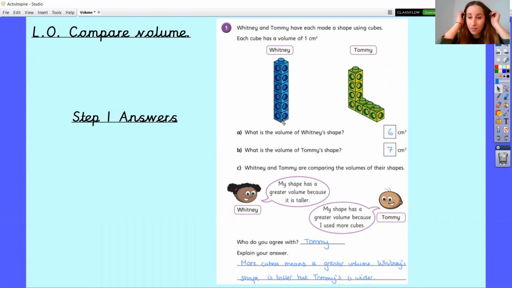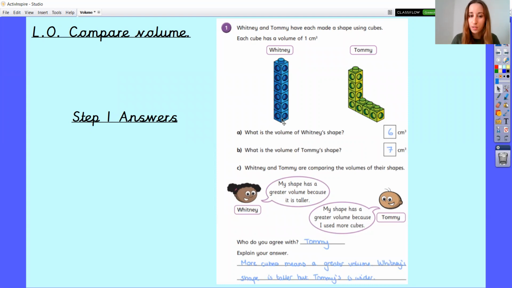So you may have used that definition in your explanation. More cubes means a greater volume. So Whitney's shape is taller, but Tommy's shape is wider. Okay, so you will have explained that in your own words, but as long as you said you agree with Tommy, and as long as you've explained why you think that, so thinking maybe about what volume means, thinking that even though hers is taller, it doesn't take up as much space as his because he's used more of those